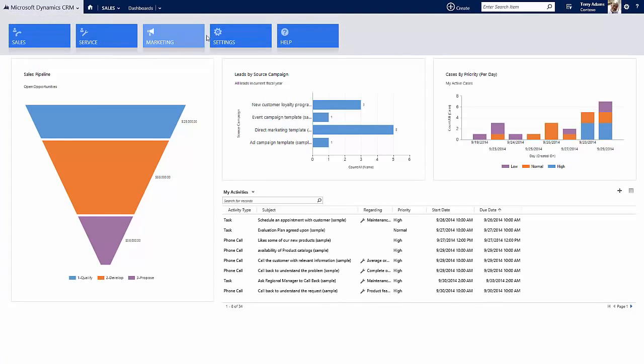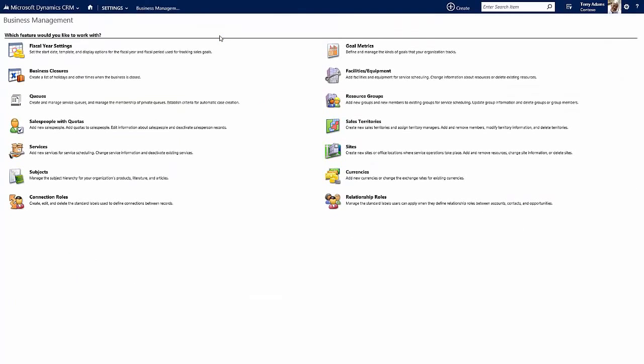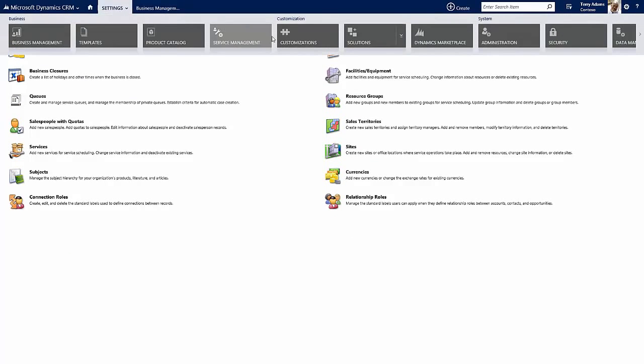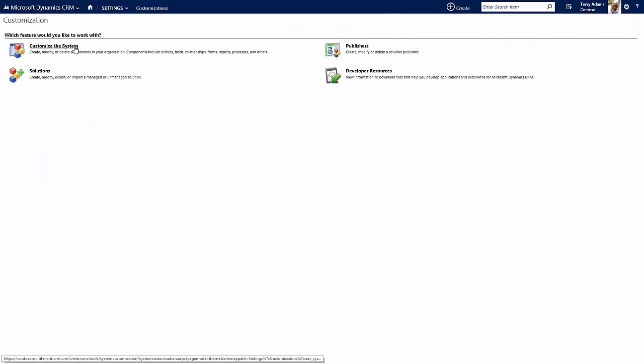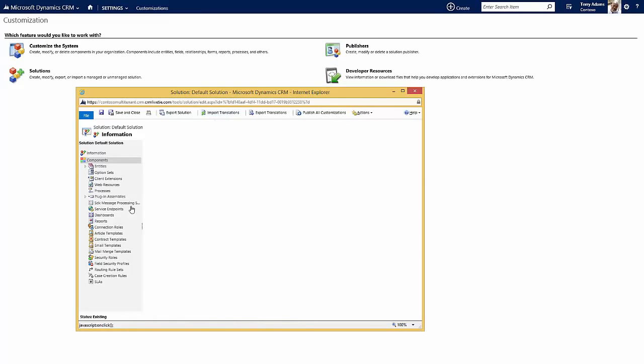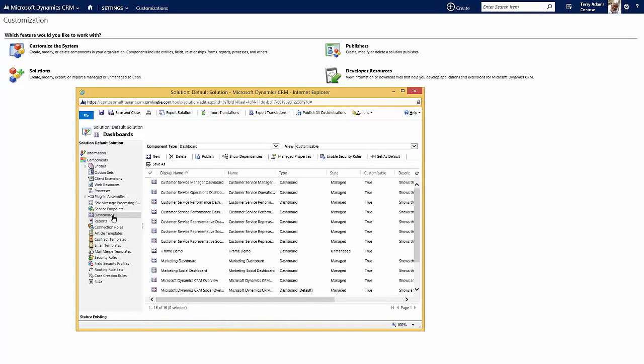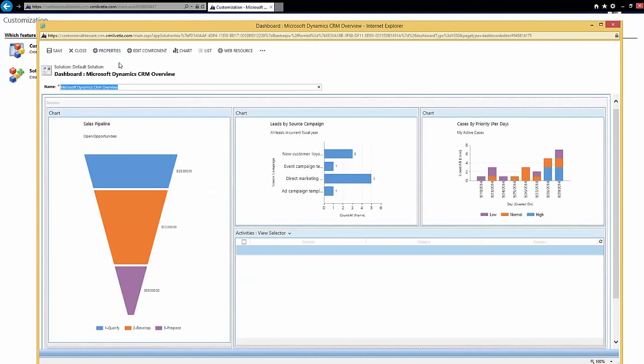You first need to go to the settings area as a system administrator or system customizer. And I'm going to switch to customizations, customize the system. Then I'm going to click the dashboards area. I'm going to open up the Microsoft Dynamics CRM Overview dashboard, and here you'll see that I have an option